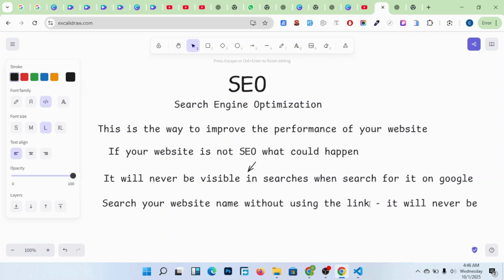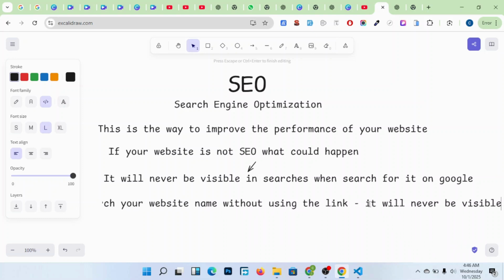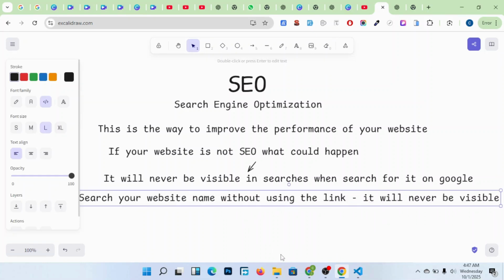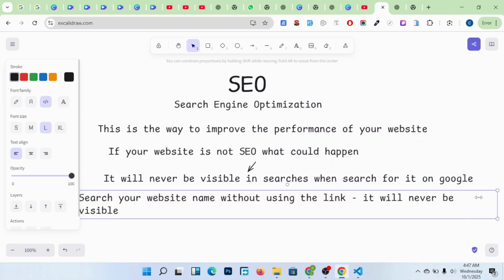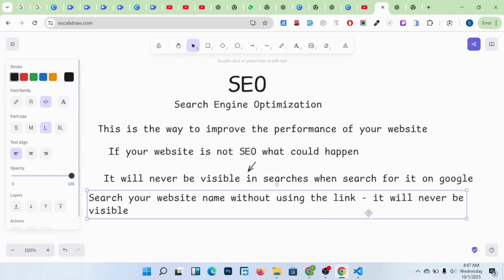This is what can go terribly wrong if we don't have SEO in place.